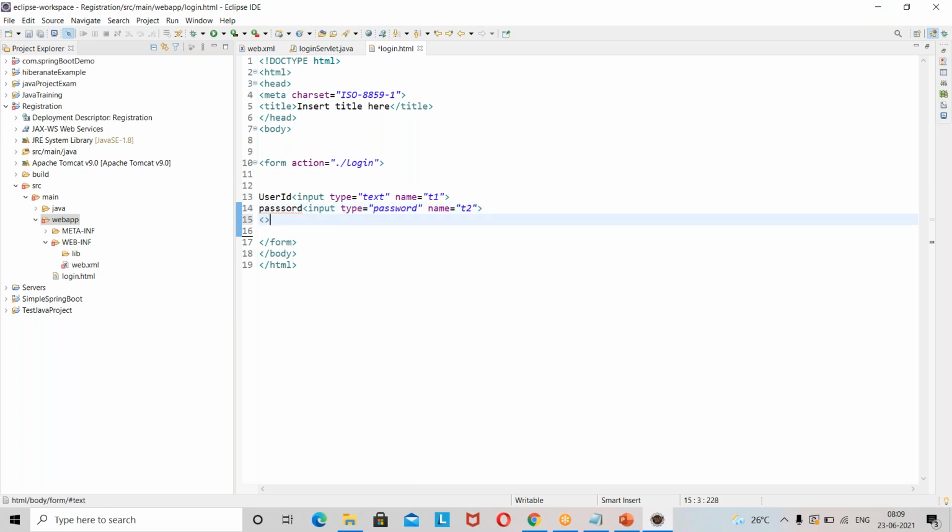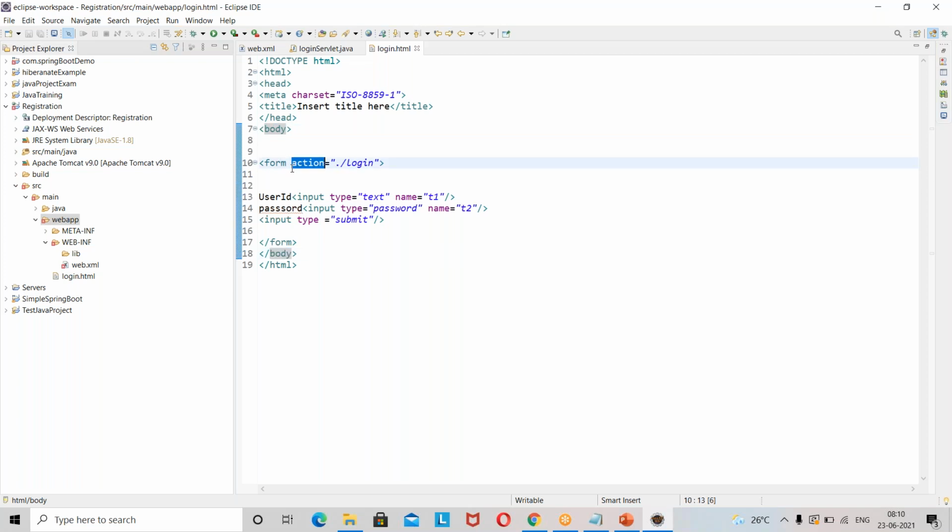Okay, and what we need is input type equals submit. You can close these tags. Whatever HTML tag you open should be closed. For example, there's an HTML tag I opened here and we have closed it here. This is a head tag, and the body is the tag where we write the tags and elements, everything. This is the body tag we opened here, and we have closed it here.